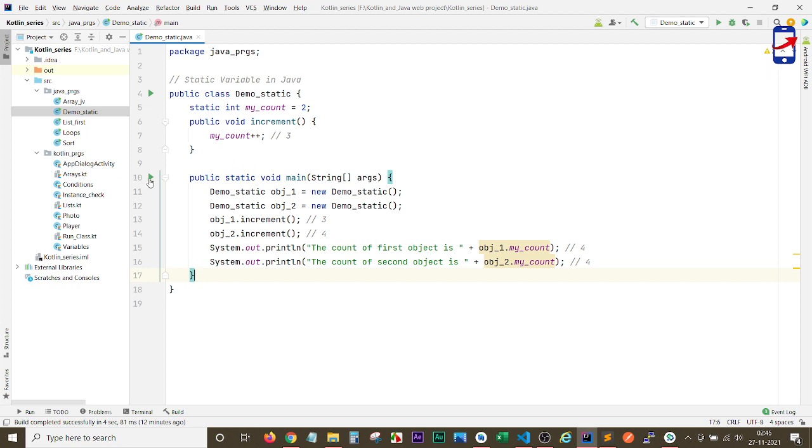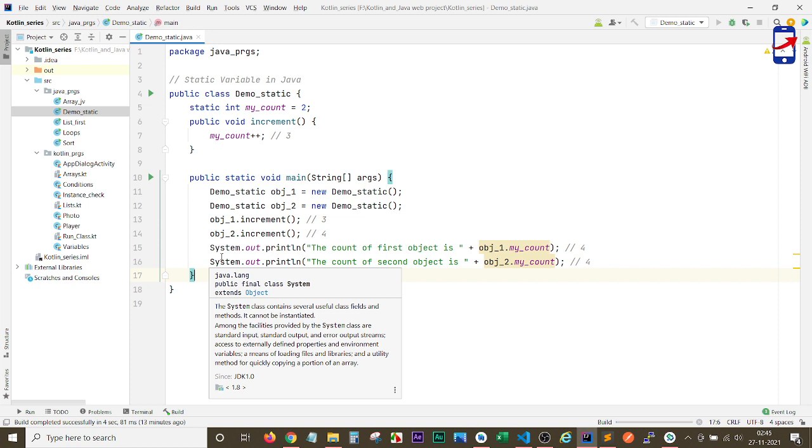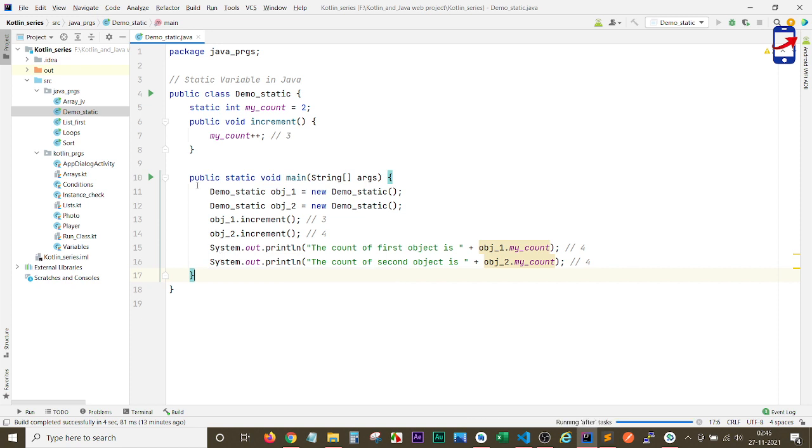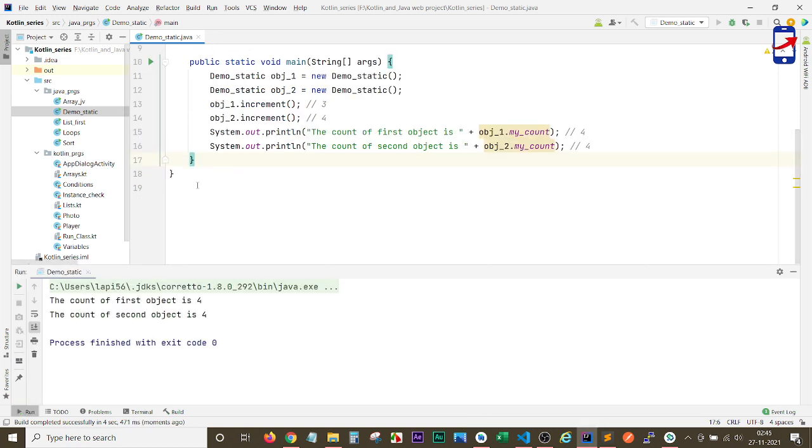I am using the IntelliJ IDE to run Java programs. You can also use the same if you want. Let's run it. You can see it is coming with a value 4.